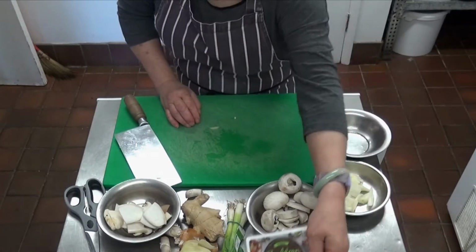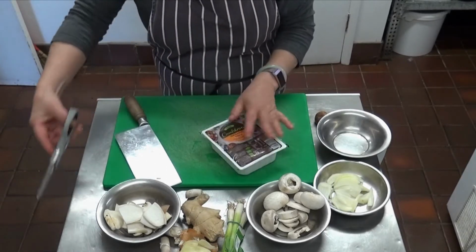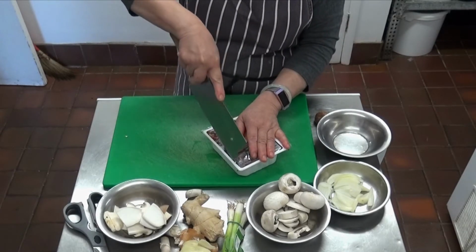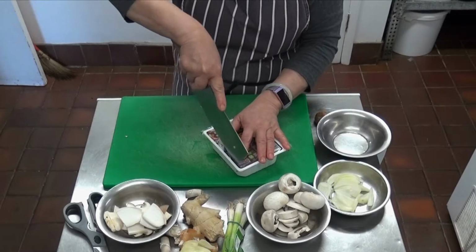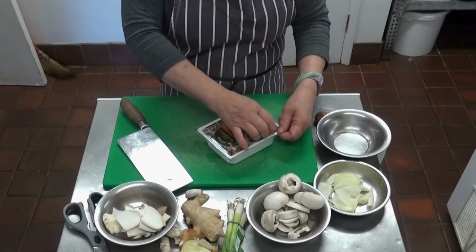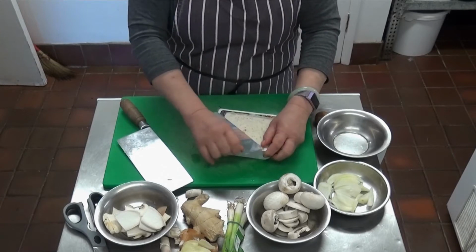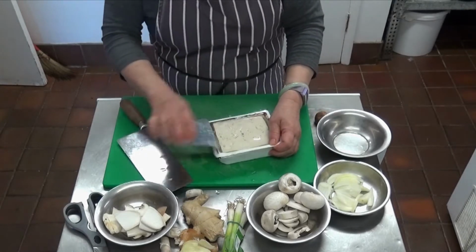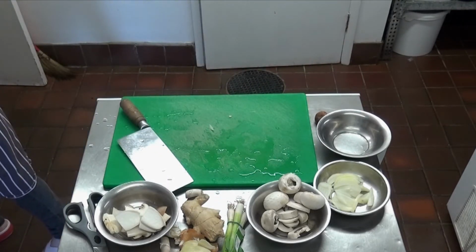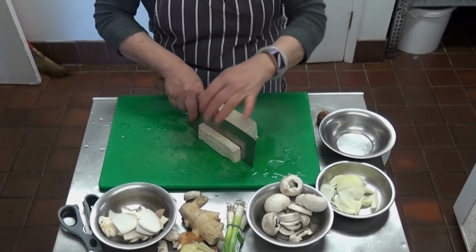Right. The other ingredient is the tofu, and you can get that in most supermarkets these days. And actually, in England, the biggest manufacturer of soybean is an English company. This one, I use Quorn, but you can use a gluten-free, you can use a vegan version